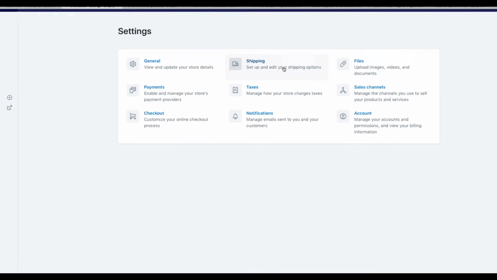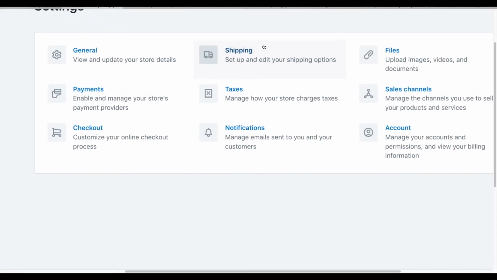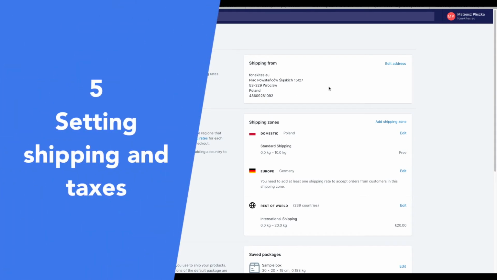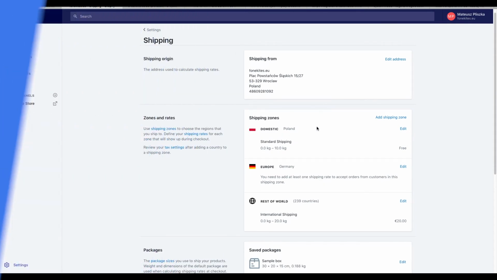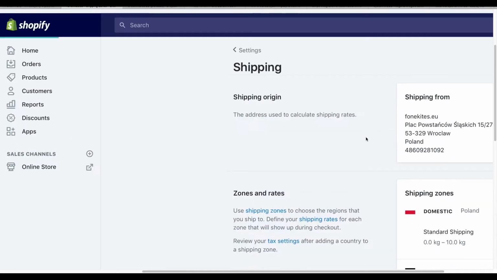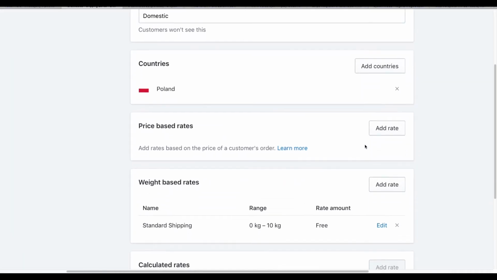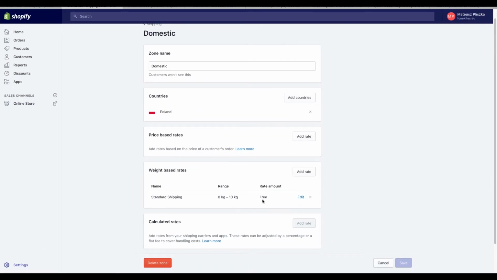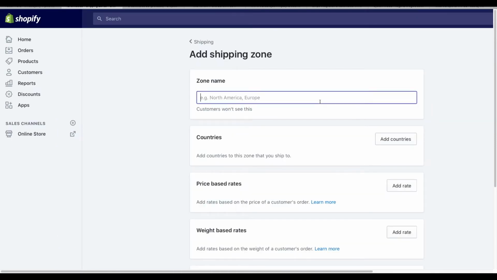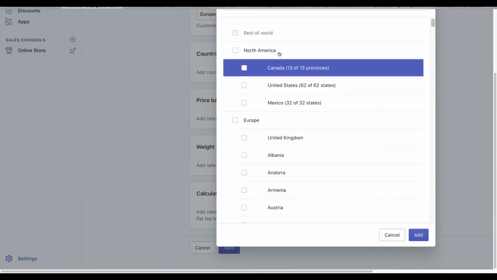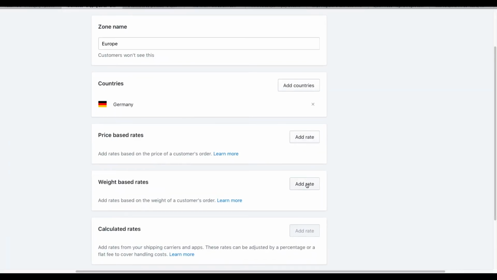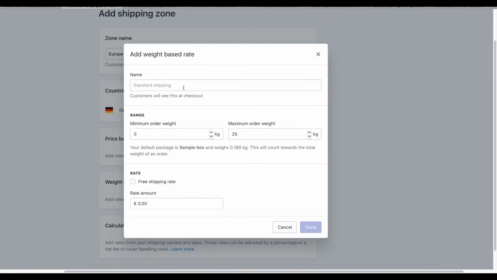Right now, when we have the outlook of our store ready, we should focus more on logistics and payments. So, assuming you are going to ship your product, you should set the prices for the shipping to be paid by your customer. In our case, the shipping locally in Poland would be for free. But we also want to ship our kitesurfing equipment to other regions in Europe, for example to Germany. This is why we should add a new region